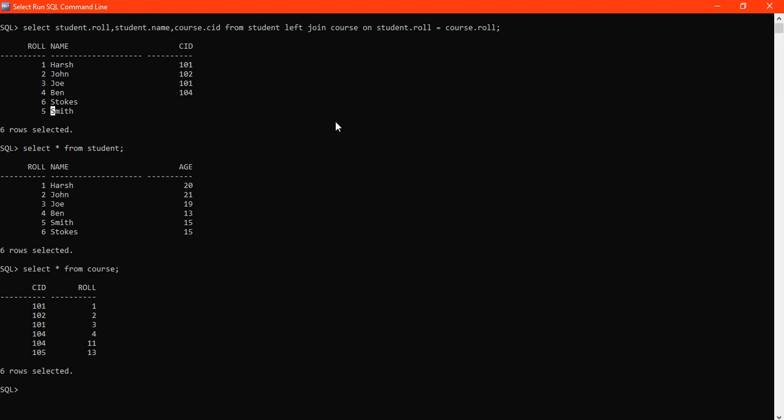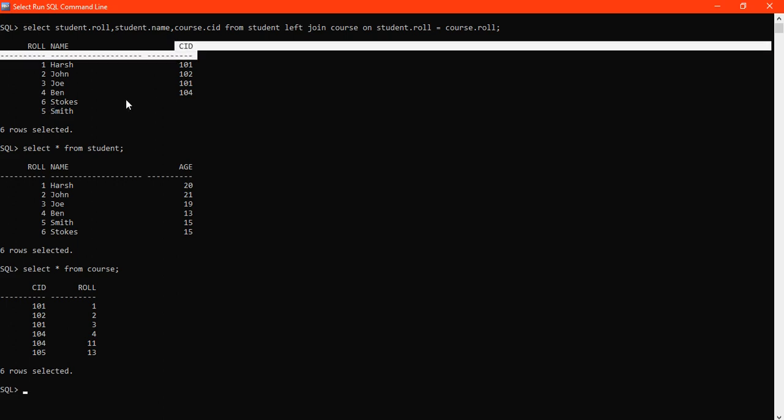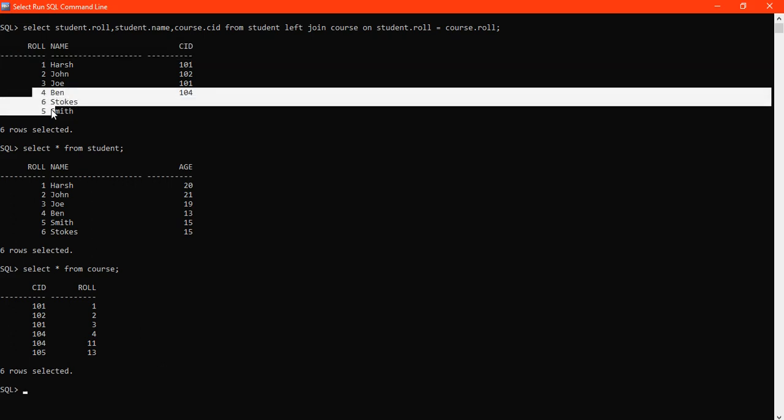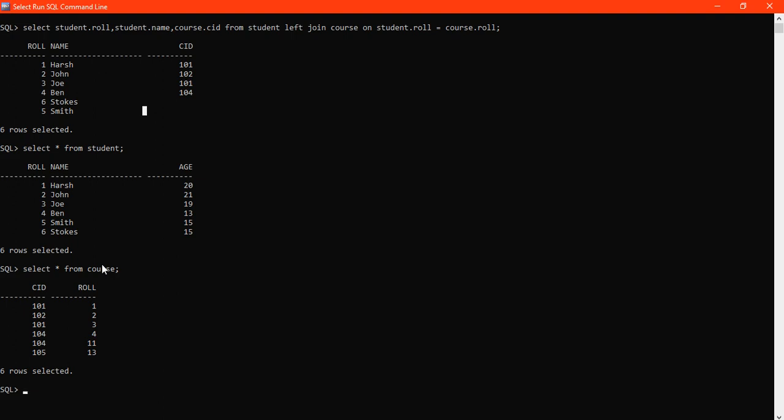So this is left join, meaning left should be given priority, and all the records from the left table should be printed, doesn't matter whether the column, like here CID, contains a value for those records in the right table or not. I will clear the screen again and go with